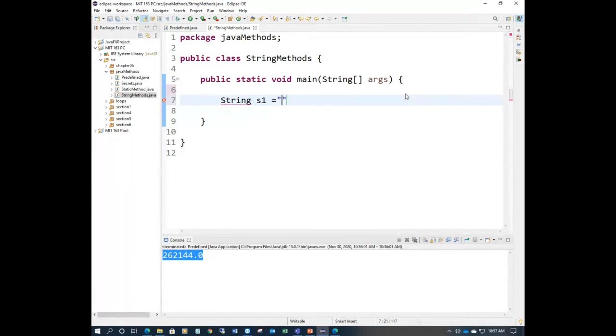String s1 equal to, for example, Ahmed, and another string s2 equal to Rashid, and string s3 equal to AIC.